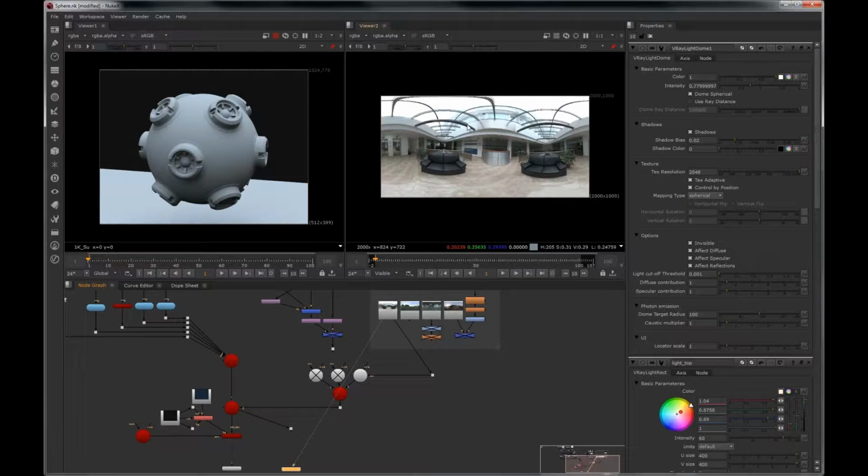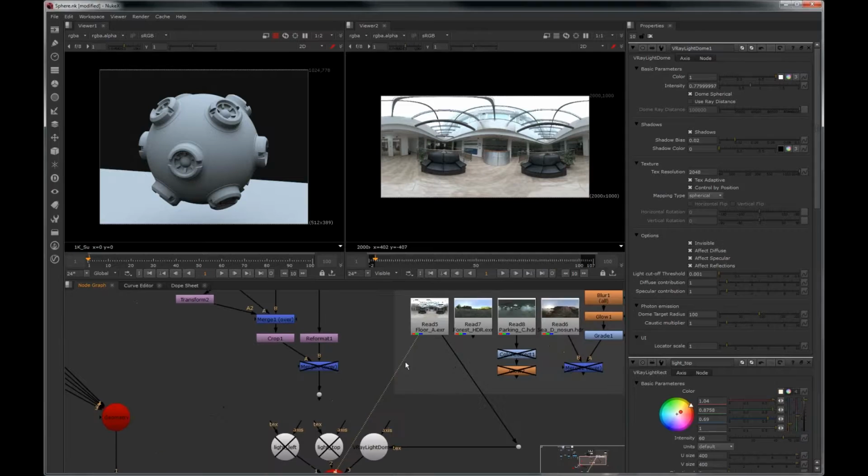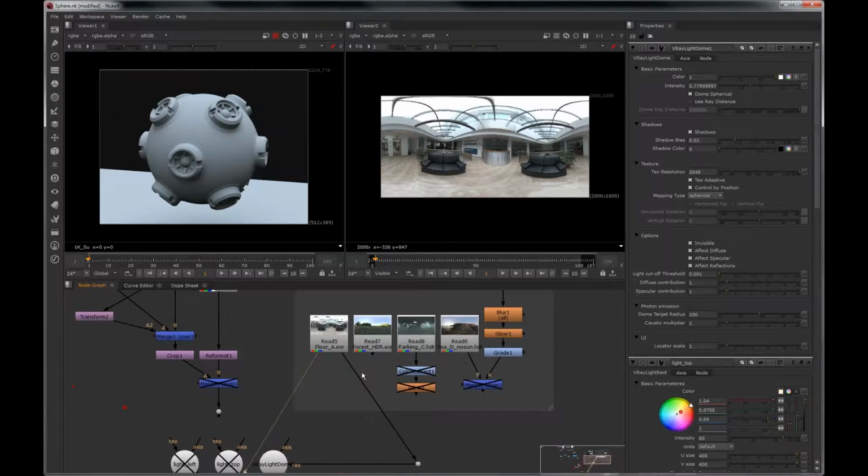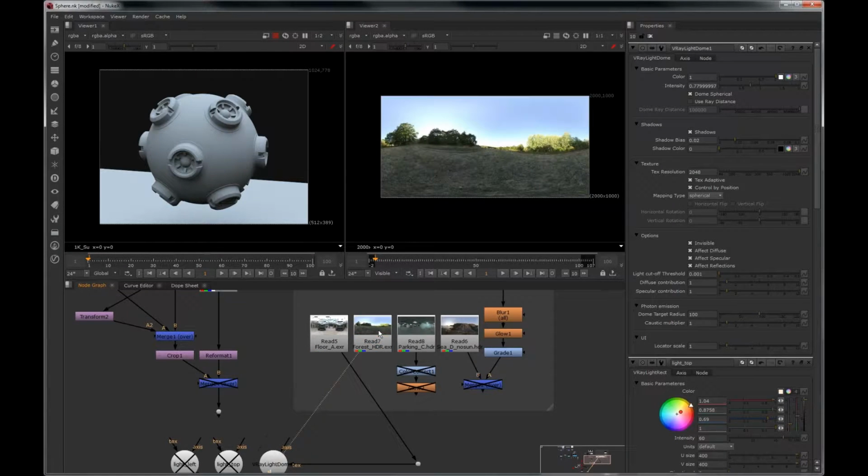So this is my first HDR, and as you can see, there is no directional light, there is no sun, and this is the reason I have here very soft shadows. And then I have another example. So this is a forest HDR, and again I don't have here a sun, so see, there is no sun. Then I have another example,